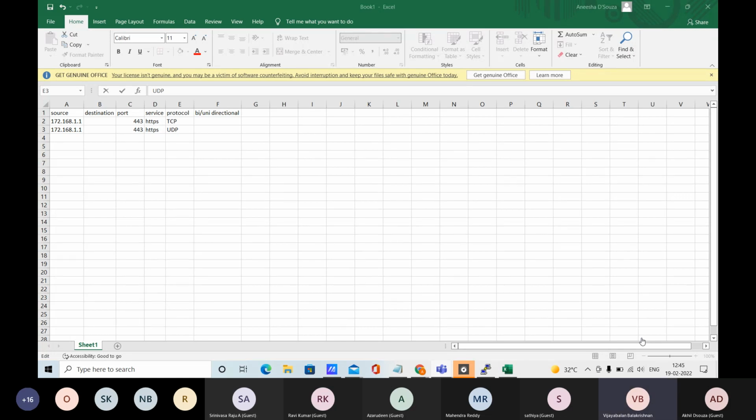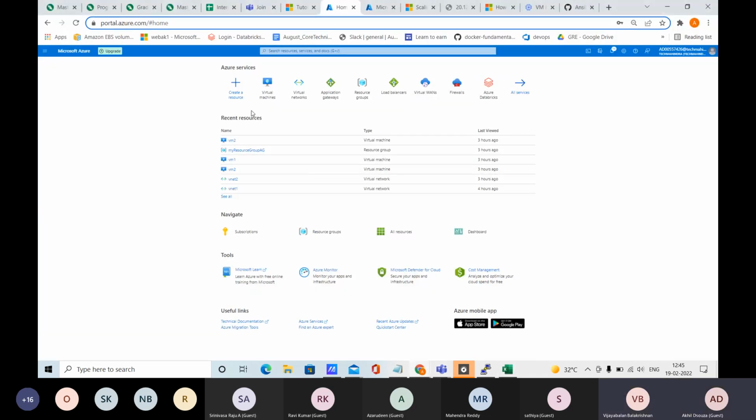Okay, Akhil, can you go back to Azure? Sure. You proceed. Bidirectional or unidirectional, it's up to you, depending on what kind of session. If it is connection oriented, definitely it has to be bidirectional. First you need to have some idea. Cloud has made it very easy, but those who started their career on-prem definitely know all this. People who come directly to the cloud are really not able to understand what is happening.